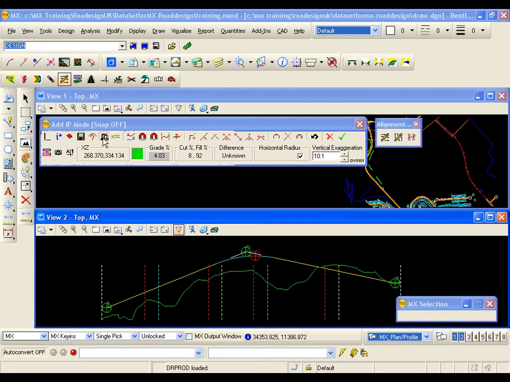I can delete the profile. Yet again, I'm going to use the undo button, which is 3 from the right on the panel. We can add other surfaces to this profile. If I left click on this icon here,